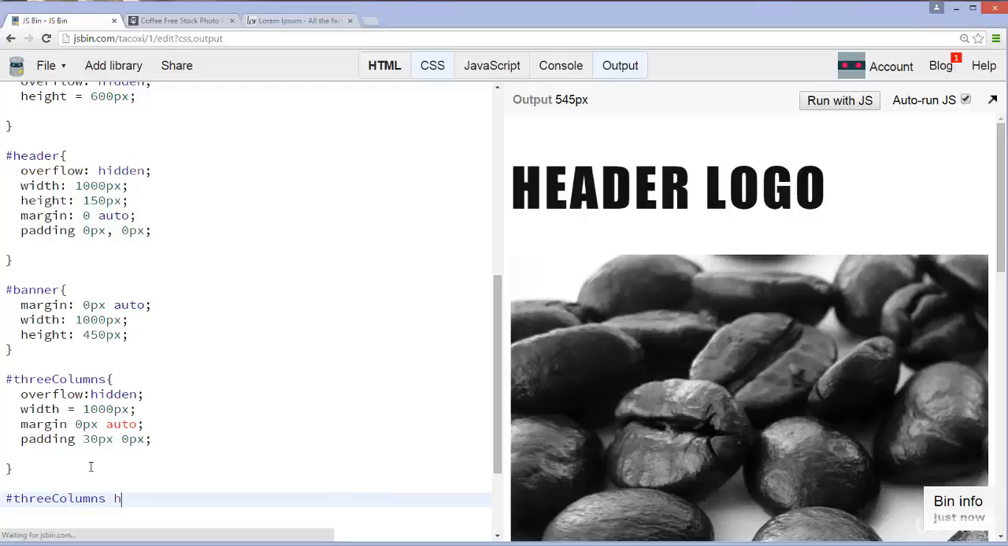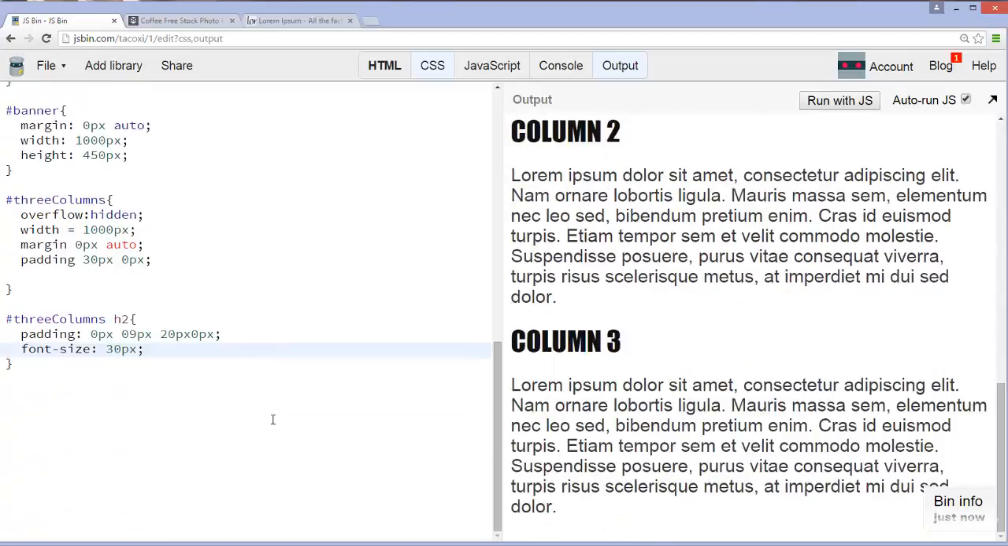and in this case it's going to be header 2, since we already did that there. And then we're going to add in the padding. It's going to be 0 pixels, 0 pixels, 20 pixels, and then 0 pixels again. Font size, we'll make it 30 pixels. Okay, so now we kind of have this thing going here, but we're still not in the